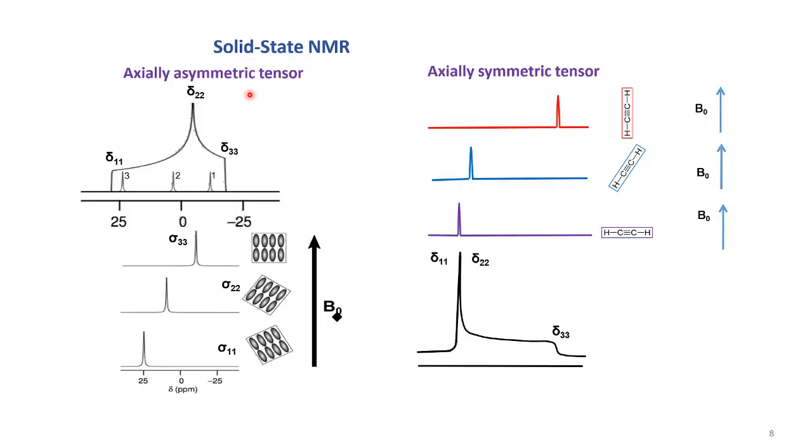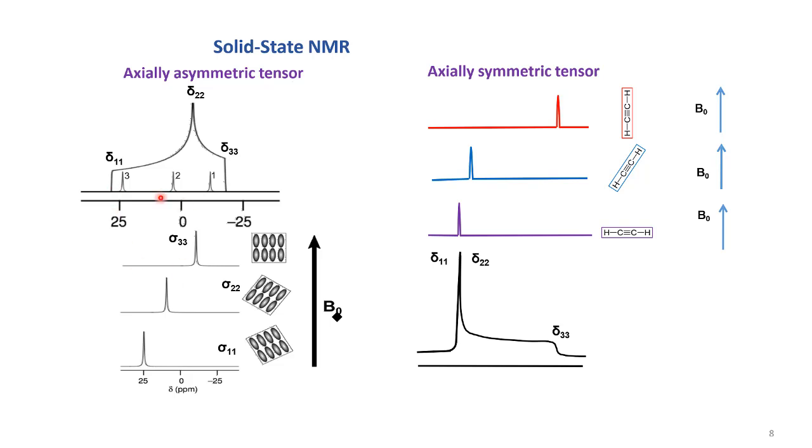So for solid state NMR, we have asymmetric tensor and symmetric tensor. As I have told, if it is aligned to the magnetic field, we'll get a peak at lower energy, and as the angle with the field changes, it will keep on increasing. If it is perpendicular to the magnetic field, obviously the peak will come at higher energy. So if it is a combination of all three, we'll get a peak like this. This one is for the aligned or shielded one, which is coming at a lower frequency, and for the de-shielded one, we'll get the peak at a higher frequency.